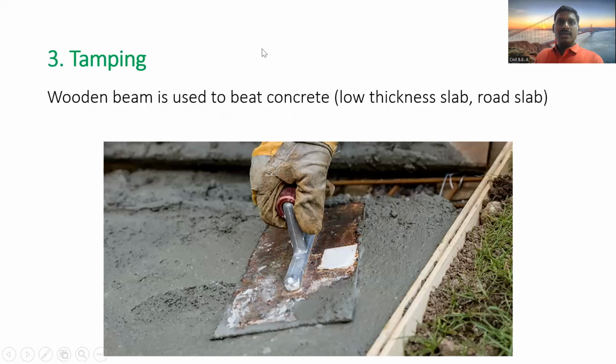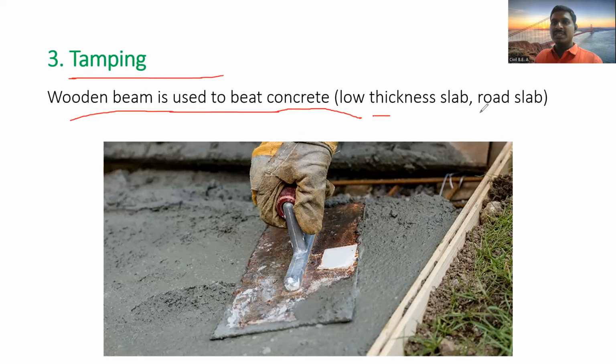So then the third hand compaction is tamping. A wooden beam is used to beat the concrete. For low thickness slabs or road slabs, we use this tamping method. We are familiar with concrete because we are civil engineers, so generally we have seen